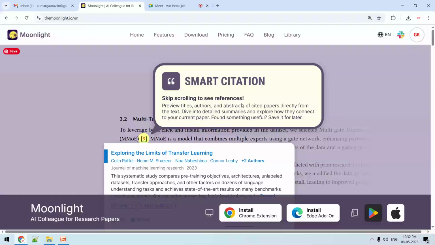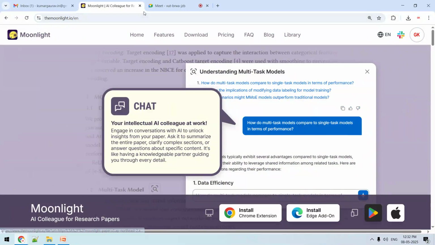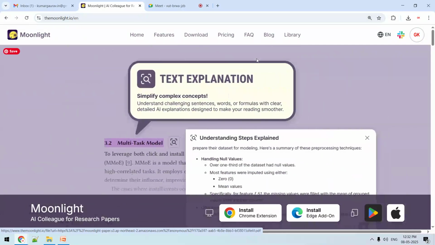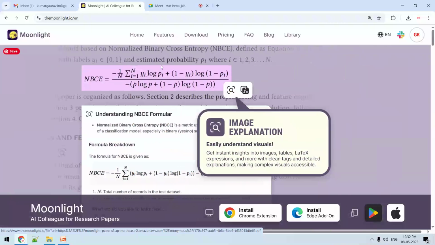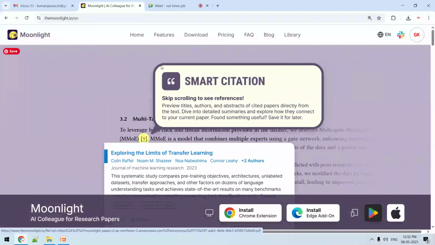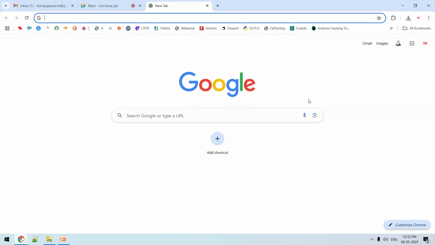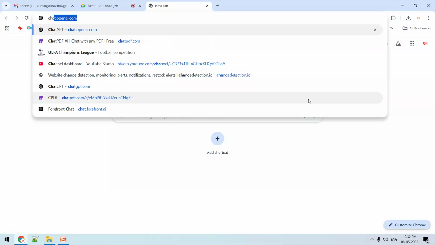Now, dear participants, I am covering the next tool. I have so many tools, hundreds of tools available, but because of the limited time I can cover only a few. That's why I am shifting to another tool quickly, so that I can show you some more demonstrations. The next tool that we will cover is